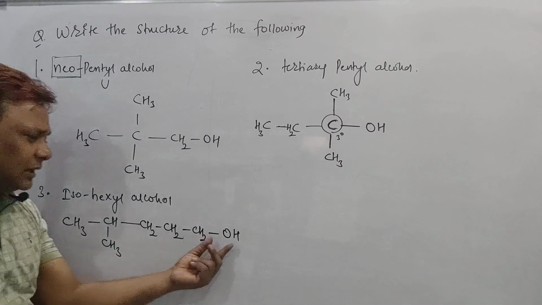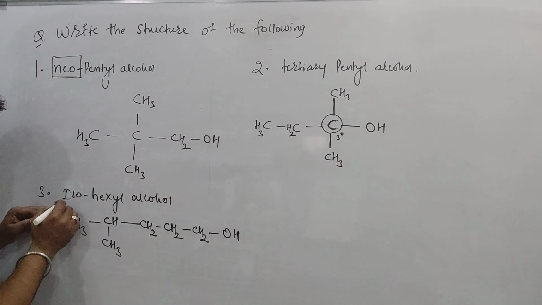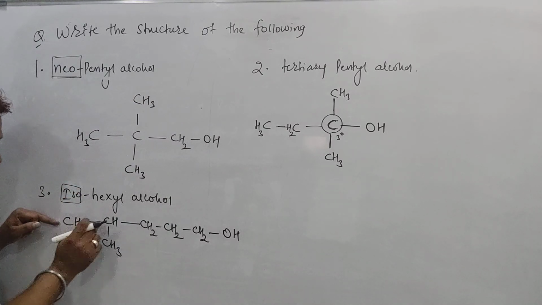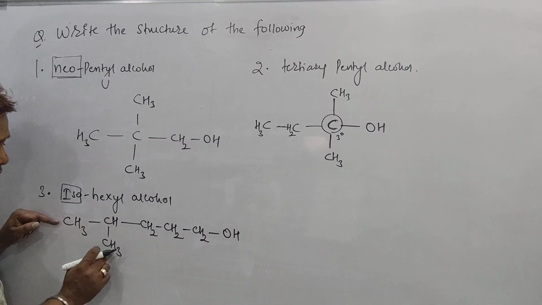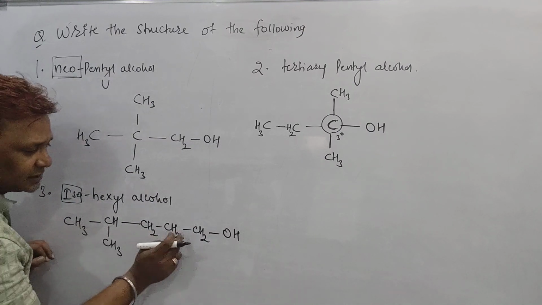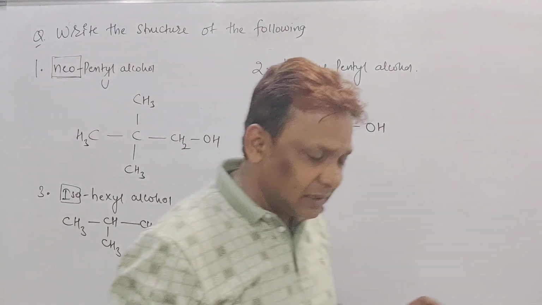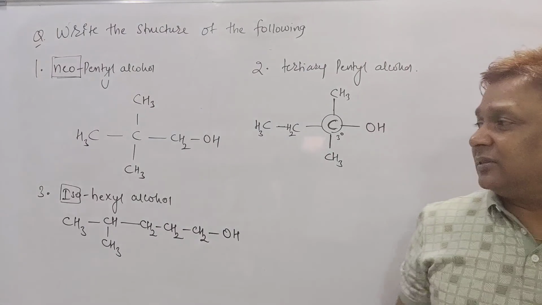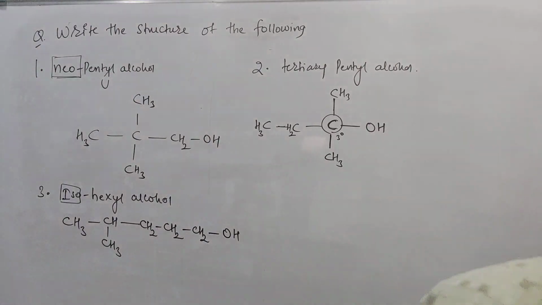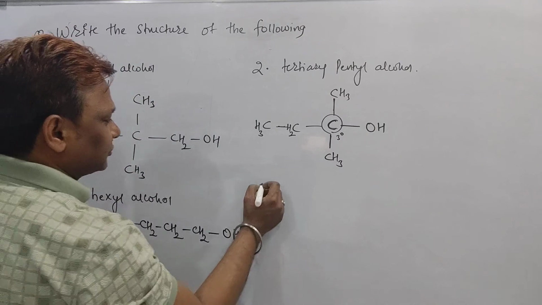Sir, if I put Cl here, it is called as isohexyl chloride. So, beta, this is the iso group. Check it, CH3, CH, CH3 is called as an iso group. Total number of carbons 6 should be there. 1, 2, 3, 4, 5, 6, and the OH group will come here. Called as isohexyl alcohol. Check, beta, all the 3 examples which I have given. One is called as neo, second called as tertiary, and third one is called as iso. Is it clear?